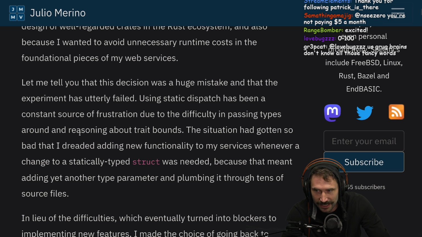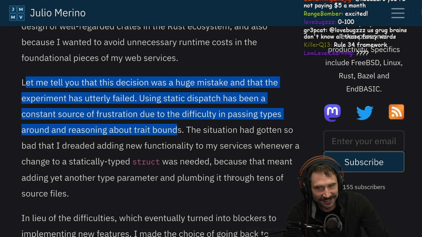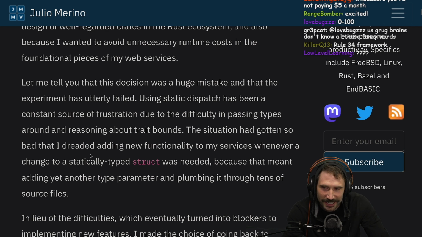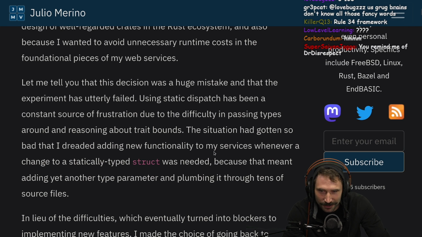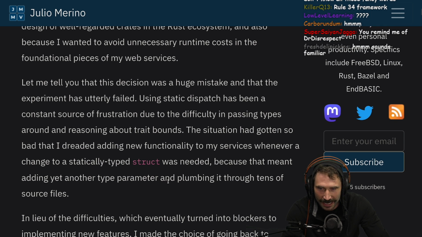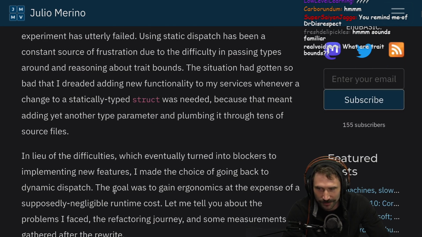Using static dispatch has been a constant source of frustration due to the difficulty of passing types around and reasoning about trait bounds. Safety. The situation has gotten so bad that I dreaded adding new functionality to my services whenever a change to a statically typed struct was needed, because that meant yet another type parameter and plumbing through tens of source files. Oh man,